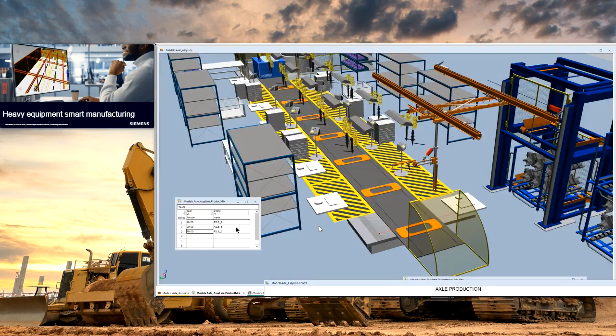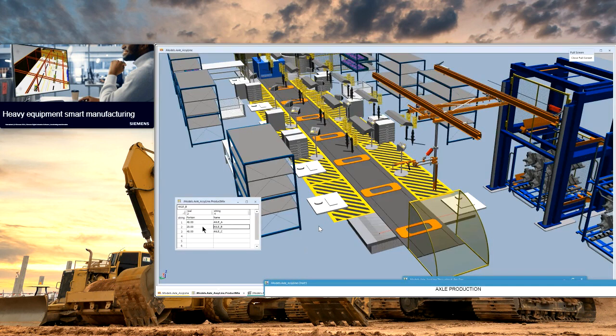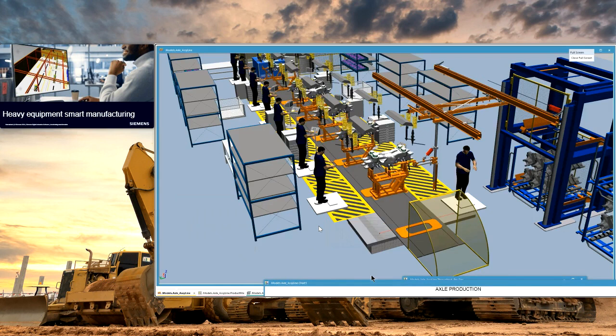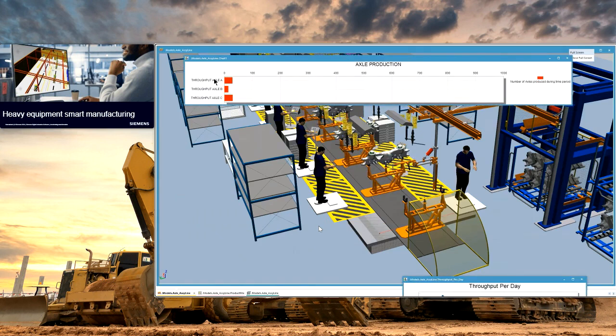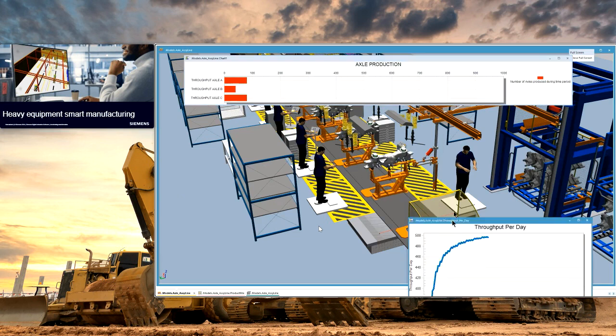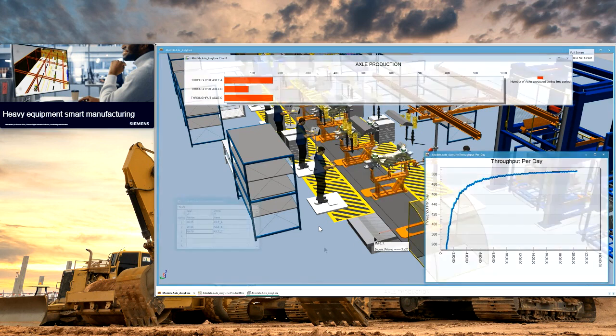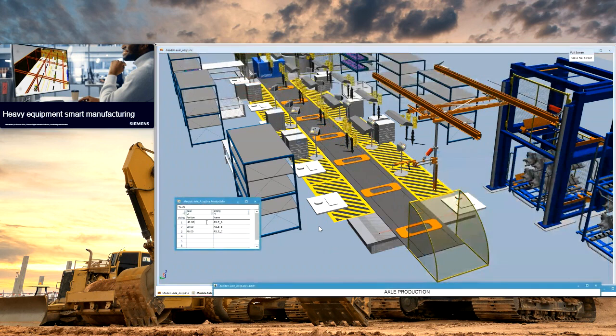So let's look at an instance over here where we have 40 of axle A, 20 of axle B, and 40 of axle C, and run the simulations of how our production is going to look. We can have dynamic monitoring of how much axle A, B and C are produced. And the right side gives the throughput for the day. Our target throughput was 500, and we're able to achieve a little over 500. So that kind of a combination is good.